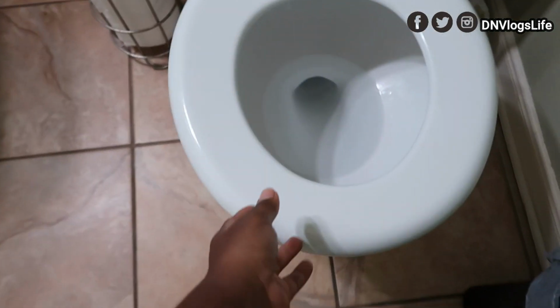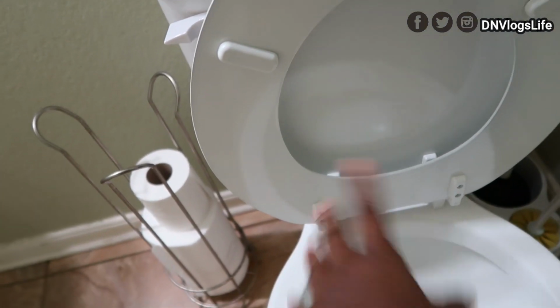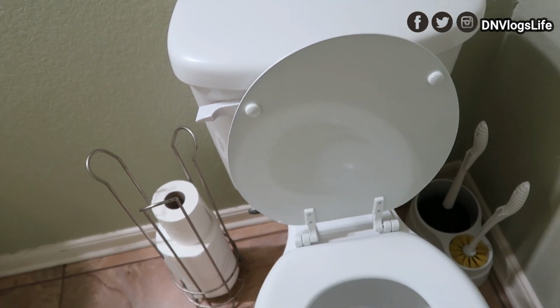And then I changed all the toilet seats in the house, all of them. You can see the toilet seats are really nice. See, brand new toilet seat, everything looks so nice. So I changed it up. I didn't record how I did it. Maybe I should, but I just thought that it was so simple, and I already have a video on how